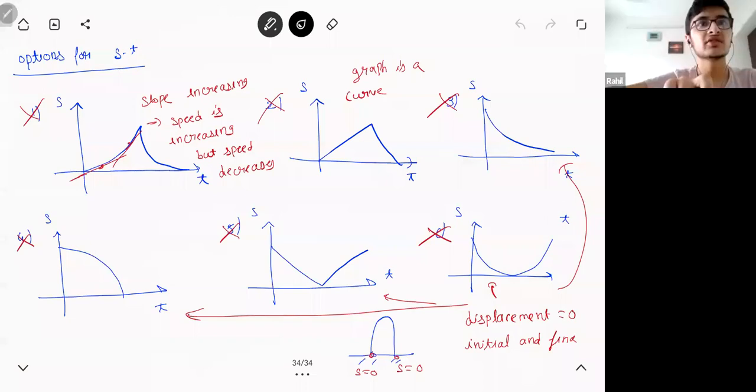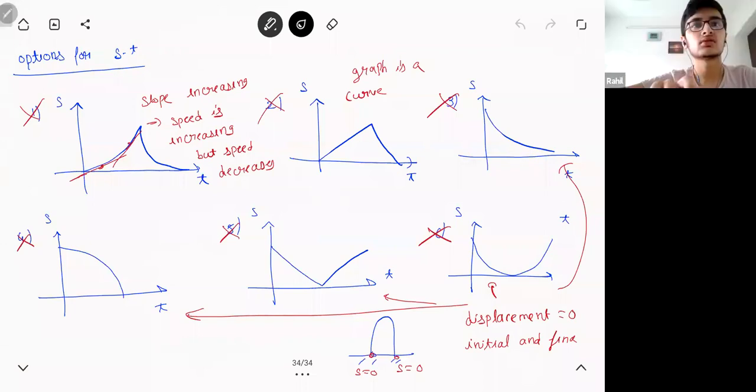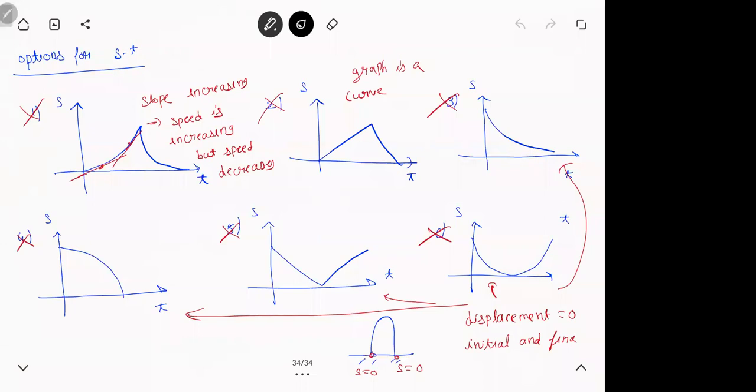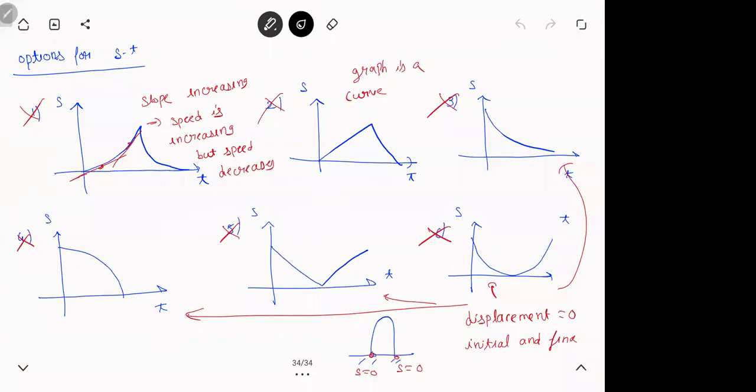So what I'm saying, can you explain the first one? First one, look, slope is increasing. Do you agree? Yes. What is XT graph? What is slope? Velocity. So it means velocity is increasing, no? So now you tell me, Rahil, if I throw a stone up, will the speed increase? It will decrease first. But then this graph is wrong, no? Sure. Then I'll turn the page, previous page. But any doubts on the 6 graphs, why they are wrong, please ask me. Get it clear.